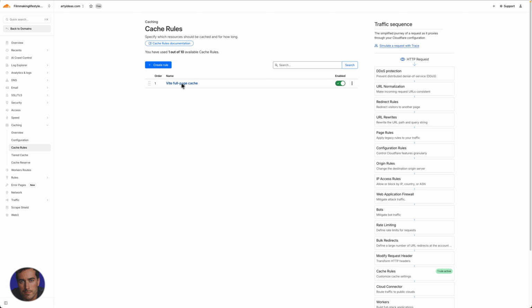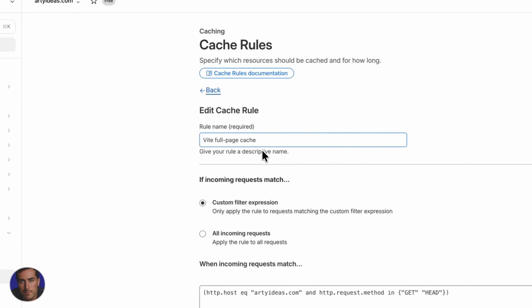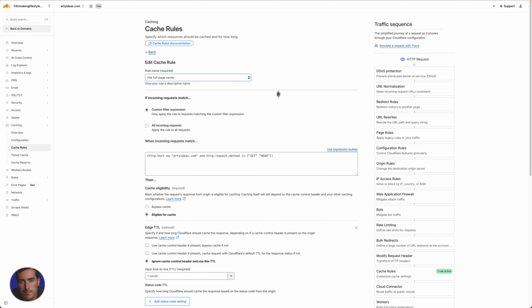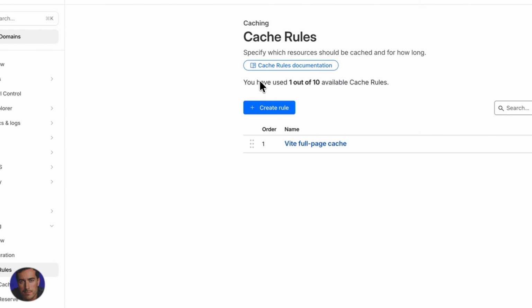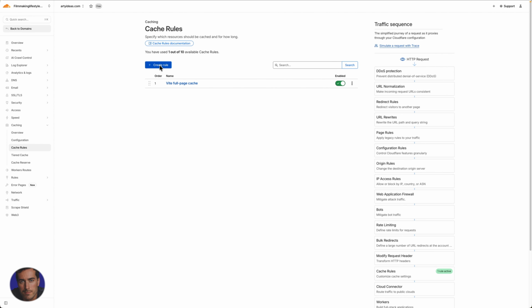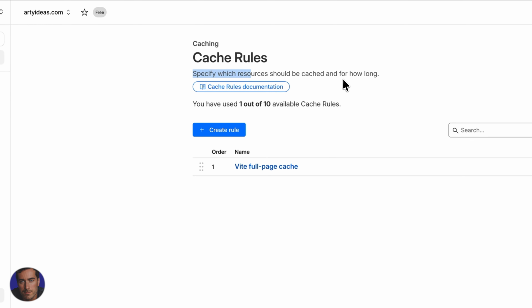So I have these cache rules set up that I always use on Vite sites. I don't just have Vite sites, but this one right here, like I say, is a Vite site. So we've got Vite full page cache. I just want to show you my main rule here. So I should probably back up. Essentially you can add specific rules here. You can click create a rule, and this will, as Cloudflare says here, specify which resources should be cached